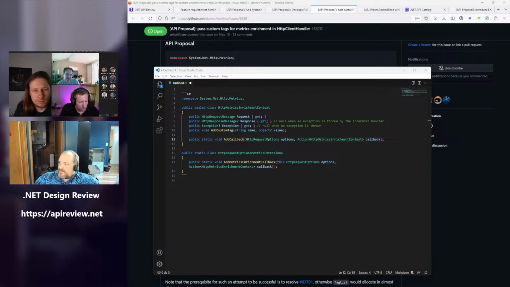And then we're basically saying that our metrics enrichment is the metrics enrichment. So my small preference is just keep it buried off in whatever that enrichment context type is. Let it interact with this thing. Anyone else that wants to have one can do the exact same thing. You basically take the options that you want it to shove its data into.